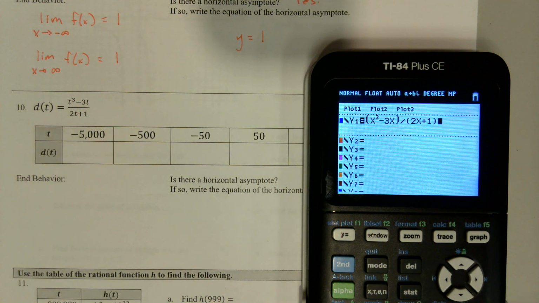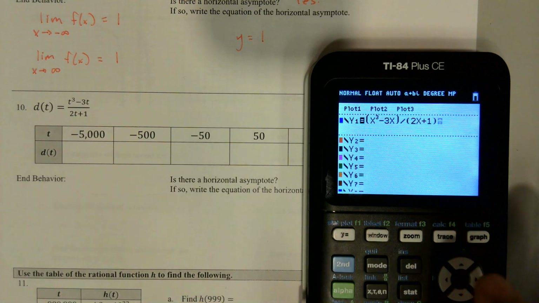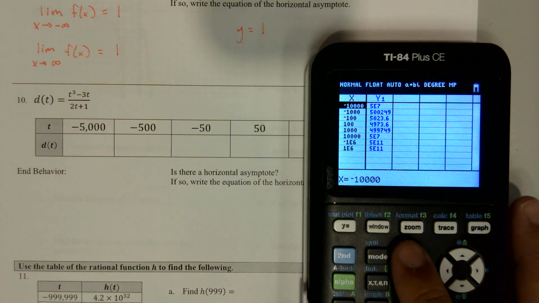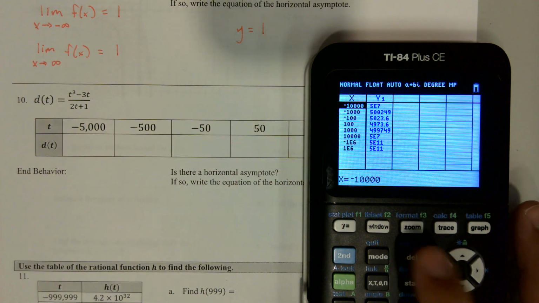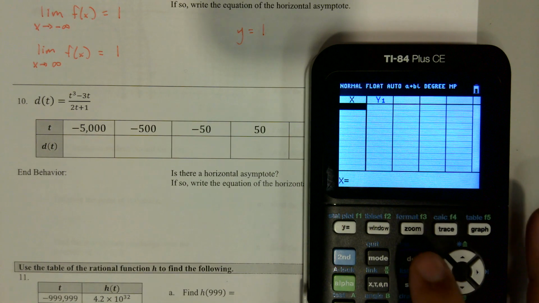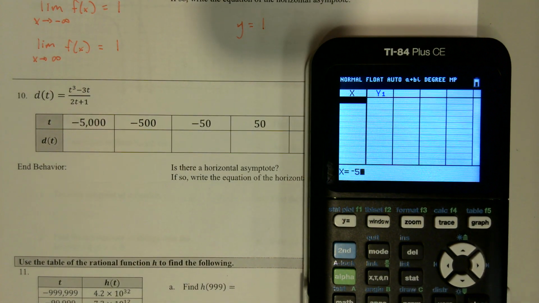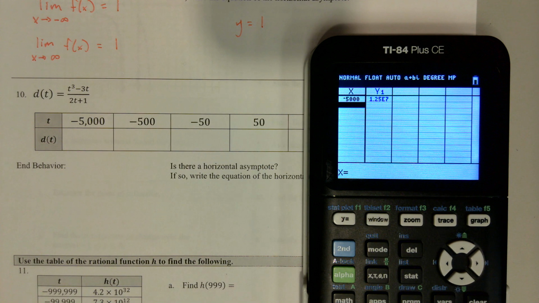So now that we have all that, we can go to second and table. Our table will already have some values in there. If we want to get rid of those values, we can just hit delete. So we have different values, so we've got to delete those. But we can start over, and let's start with negative 5,000. So negative 5,000, what do we get for our y value? We get